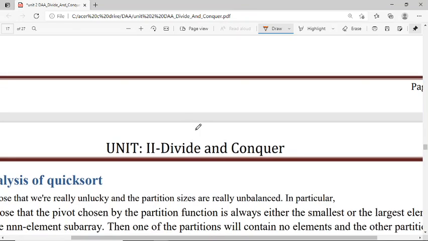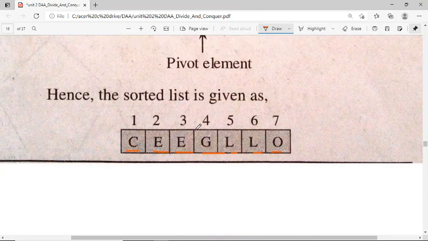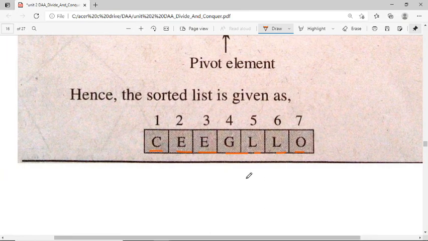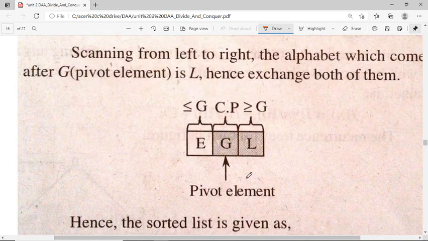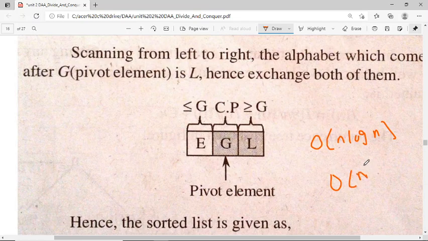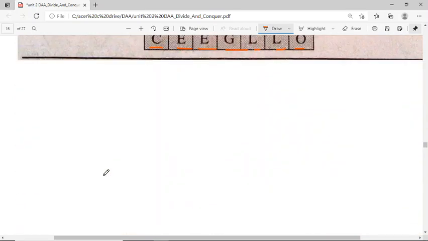The data is sorted. Okay, so as you know, quick sort time complexity is, average time complexity is order of n log n, and the worst is order of n square. Okay, so this is what we have seen today.